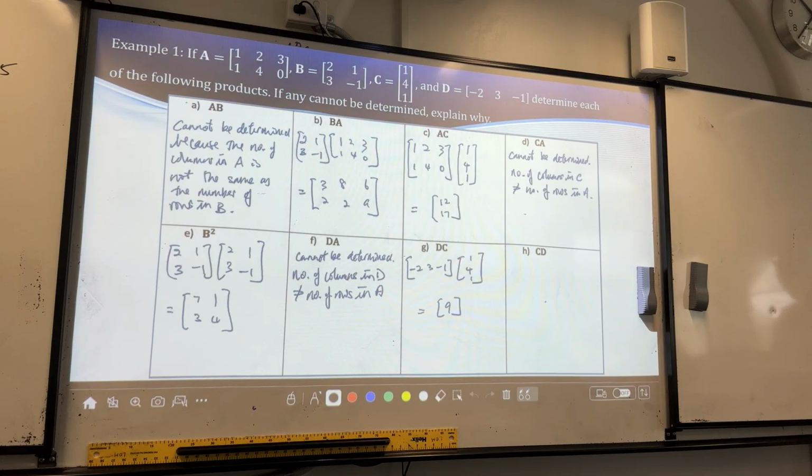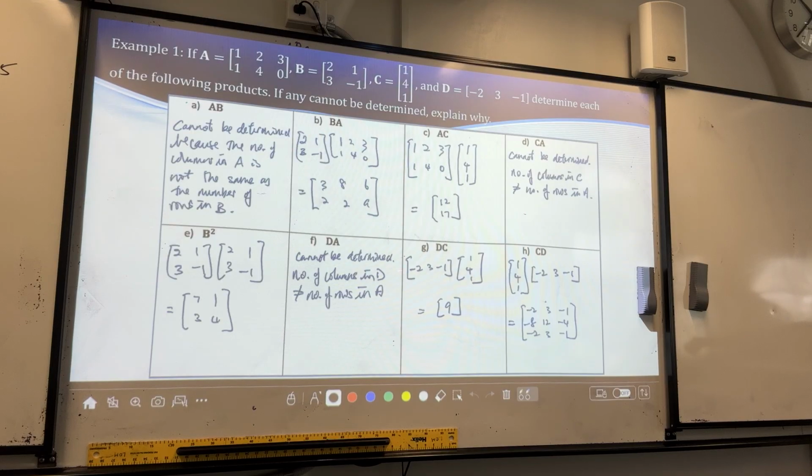This is 1 by 3 and 3 by 1. So you end up with 1 by 1, not 9. And finally, CD: this is a 3 by 1, this is a 1 by 3. You end up with 3 by 3. Alright? So it's important to know that